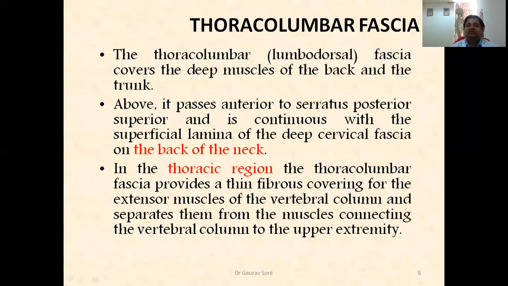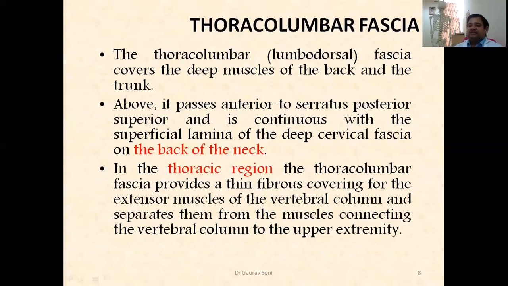As the name suggests, thoracolumbar means it is the fascia which is found in thoracic as well as lumbar part of the posterior side of the body. Remember, we are talking about the back of the body. So these are going to cover all the muscles of the trunk region on the back side. And due to its big length, you can see we are talking about a very big area, this whole area. So this big length we have to divide on the basis of regions.